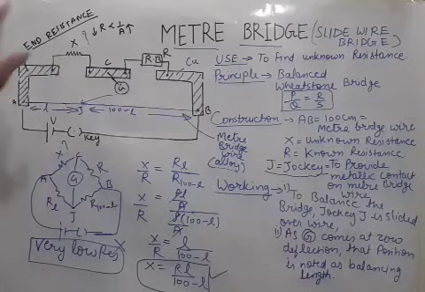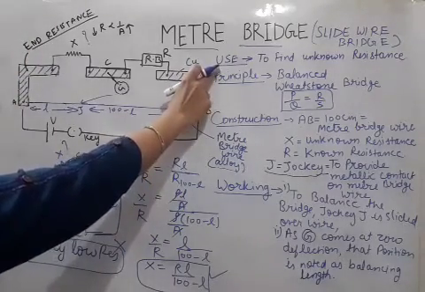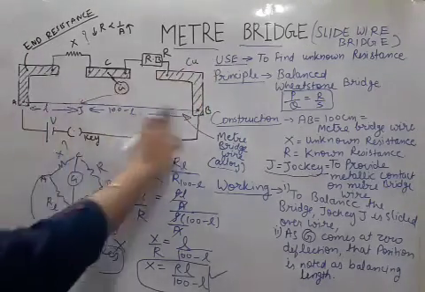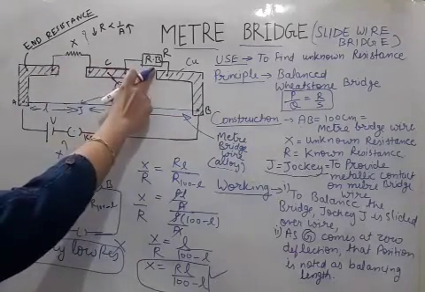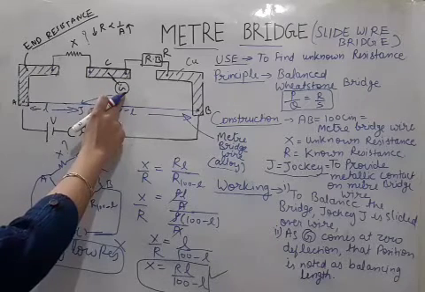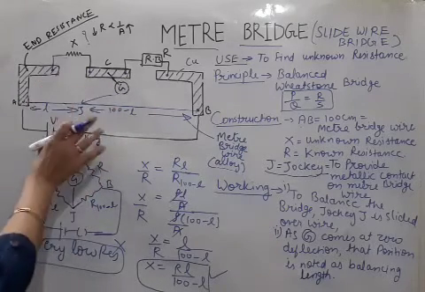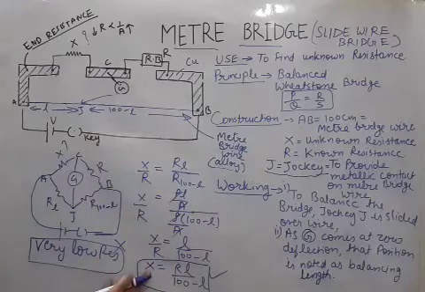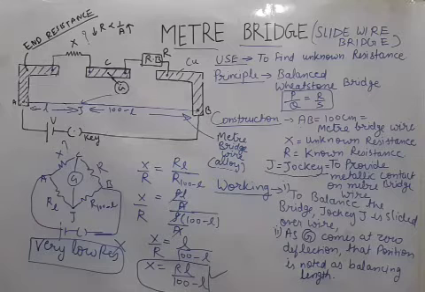Okay, so this is all about the meter bridge. We use the meter bridge to find unknown resistance. One wire, meter bridge wire. Unknown, known. The jockey has the role to balance the bridge. That means the galvanometer should be at 0. Then by the Wheatstone formula we will get this X answer. Remember this answer: RL upon 100 minus L. Okay.